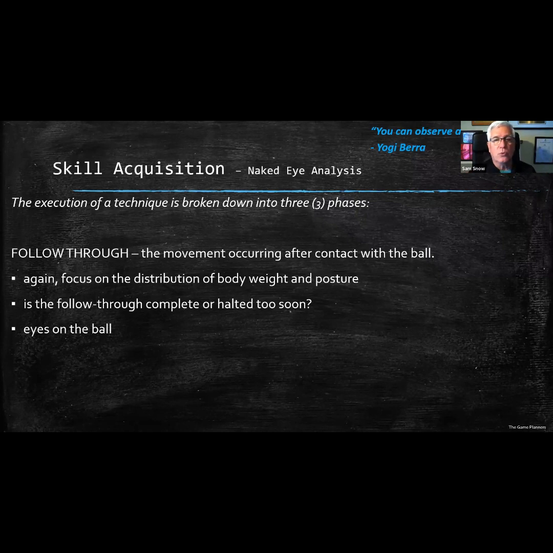So those are the three phases that a coach can take a look at a player during a training session, during a match, to analyze what's going on in regards to their technique. If there's a breakdown, if there's a mistake, where did it occur? Was it in the preparation phase, the contact phase, or the follow-through phase? Once I, as a coach, get better skilled myself, and I've been able to visually analyze that, then I can give correct guidance to the players, as opposed to just like you hear from a lot of coaches, right? They just say